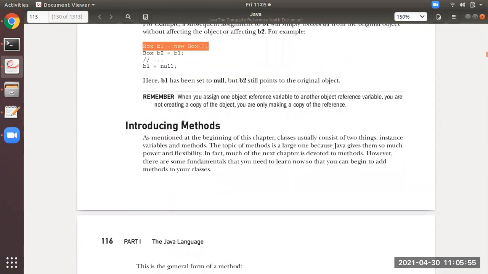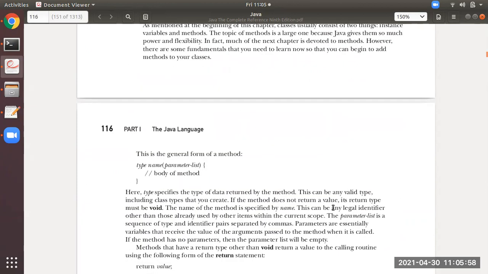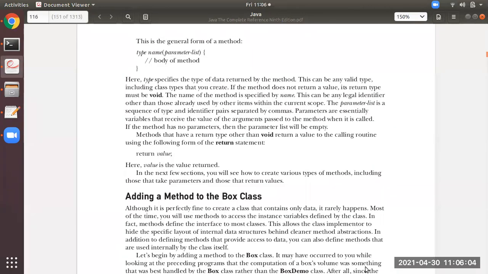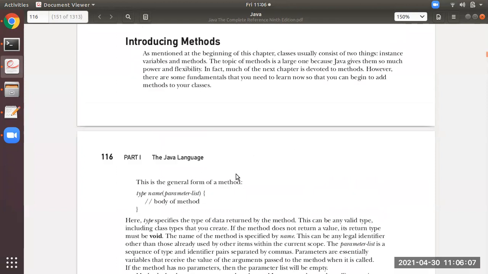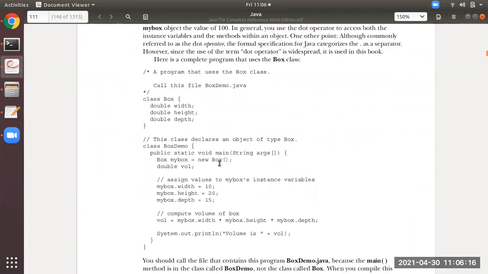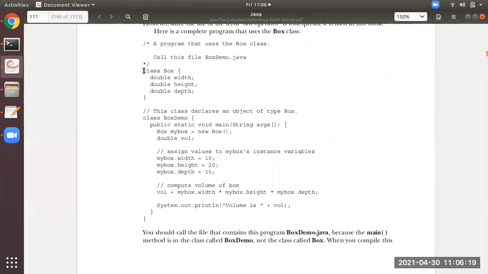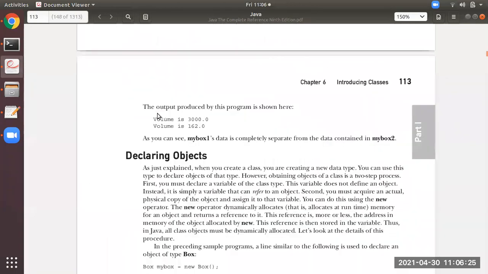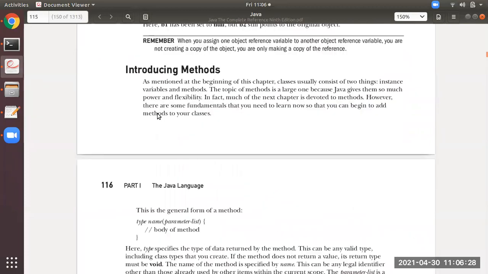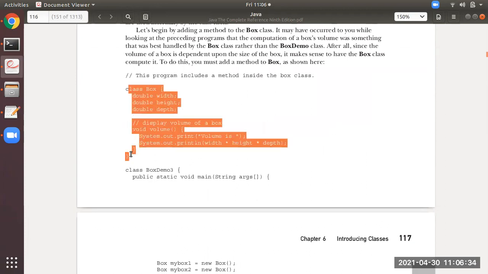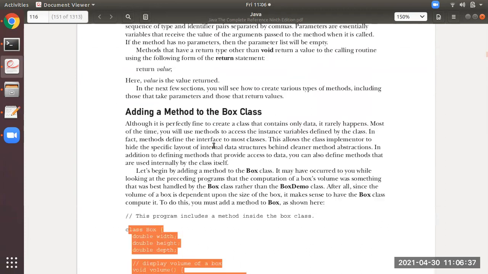Then the next part is introducing methods in the class. As you can see, in the above two or three programs that we have seen, in this particular program there are two classes. This class is having only variables, even this class is having only variables. But now the next thing is that a class can have methods also. See, class box is now having variables and methods also.